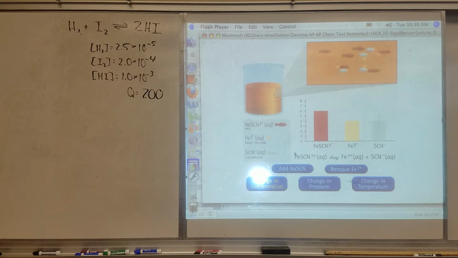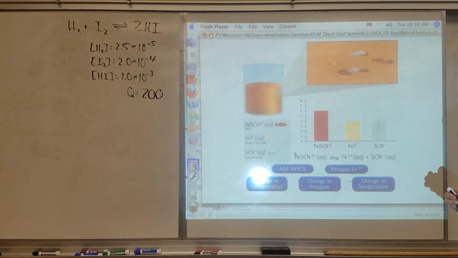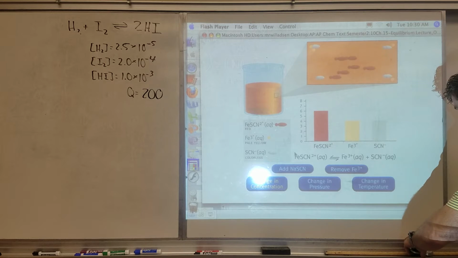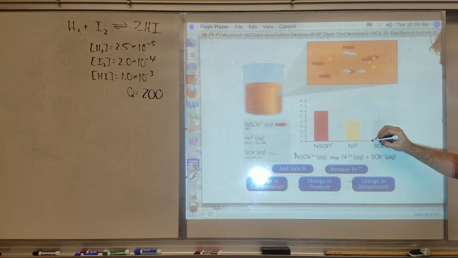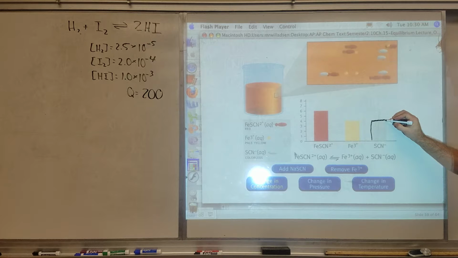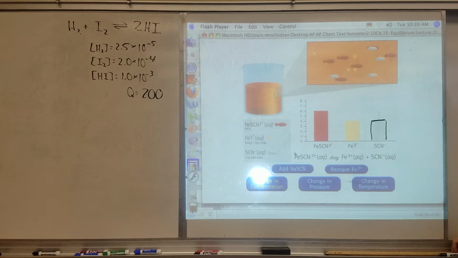Iron(III) thiocyanate, which is Fe(SCN)3, dissolves readily in water to give a red solution. The red color is due to the presence of hydrated iron thiocyanate ions, FeSCN2+. The equilibrium between undissociated iron thiocyanate ions,